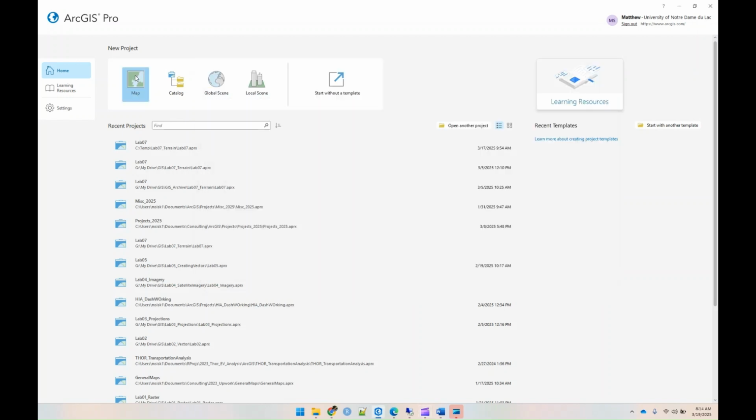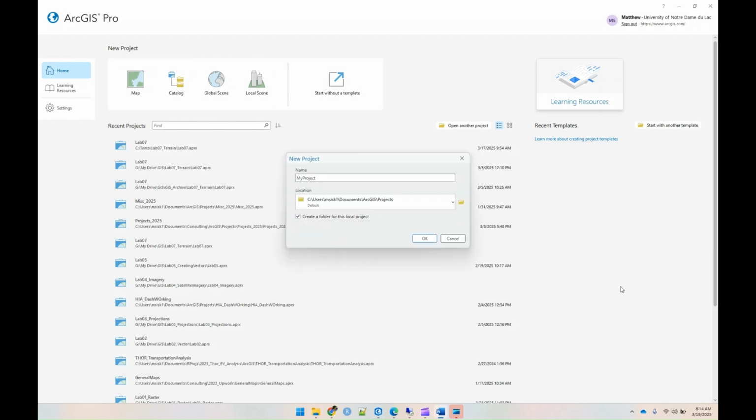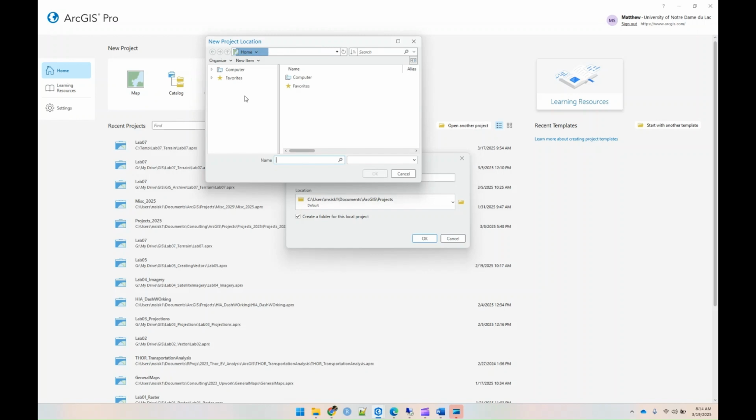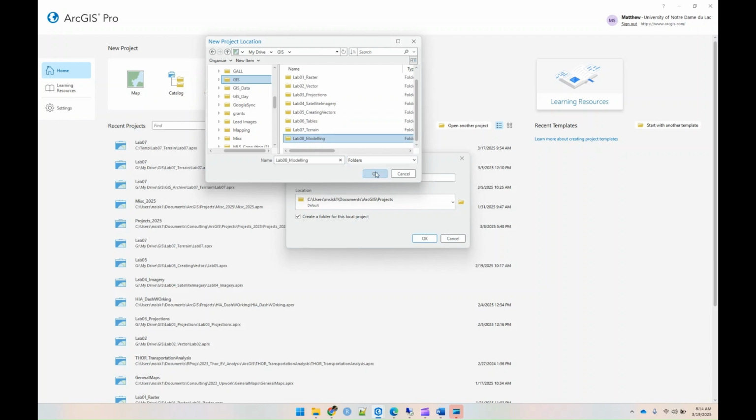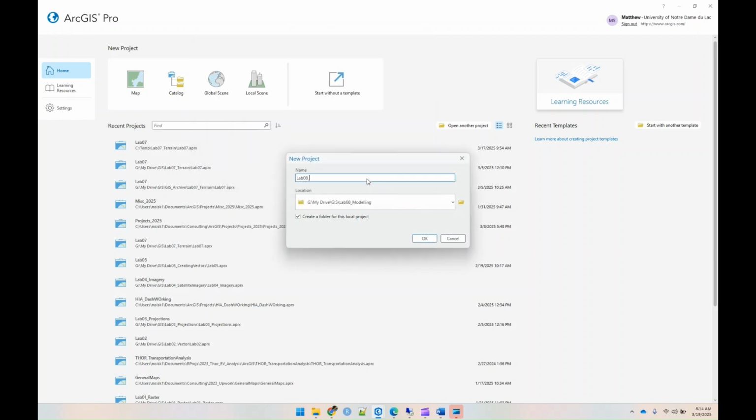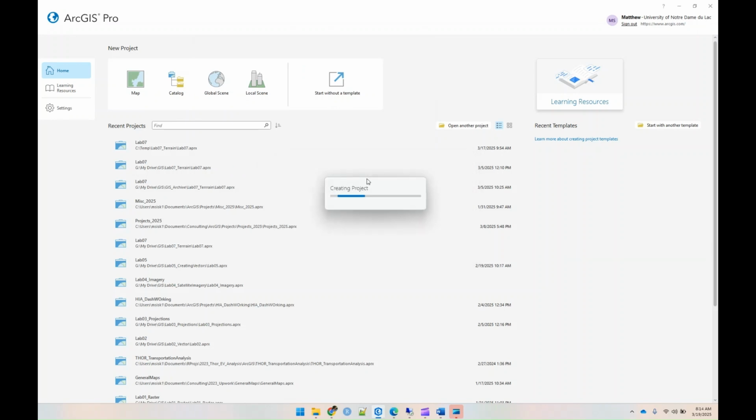Then you're going to go into Pro and start a new project. You're going to call it whatever you want, but I would say Lab 8. Make sure you send it off to the right spot. As usual, I'm going to send mine into my drive, and into Lab 8 modeling. Okay, once that gets up and going,